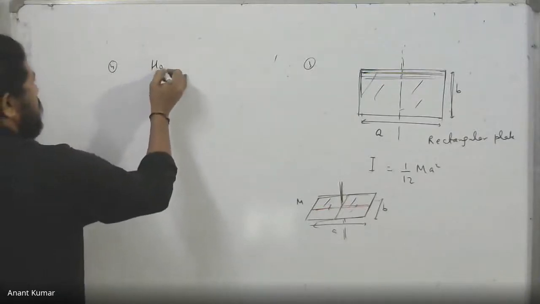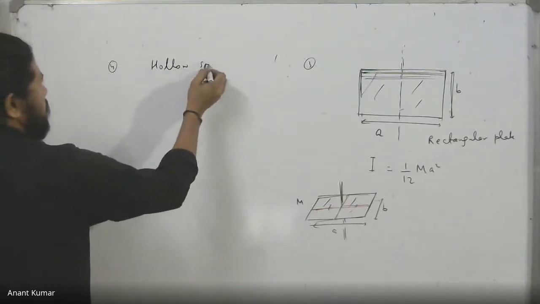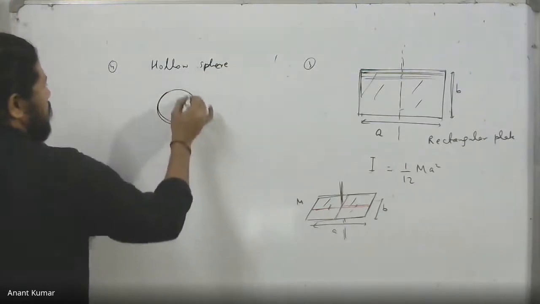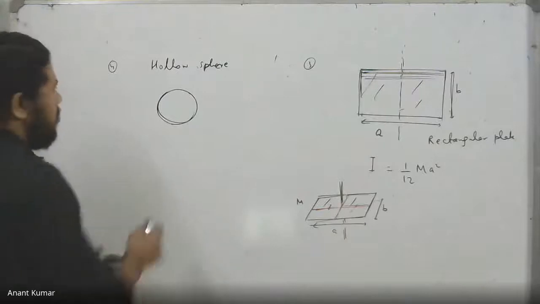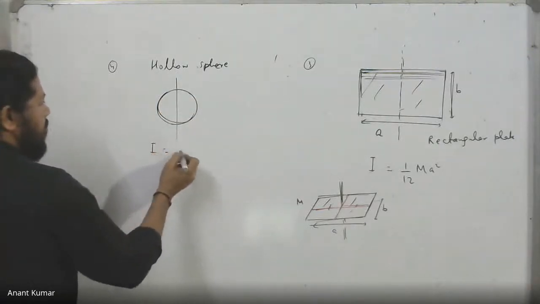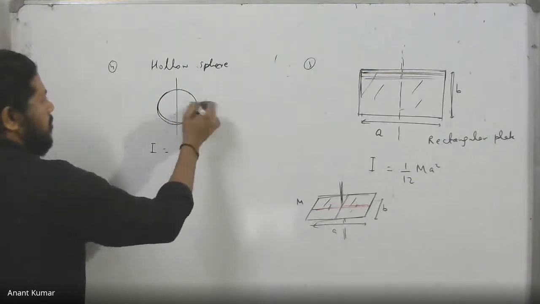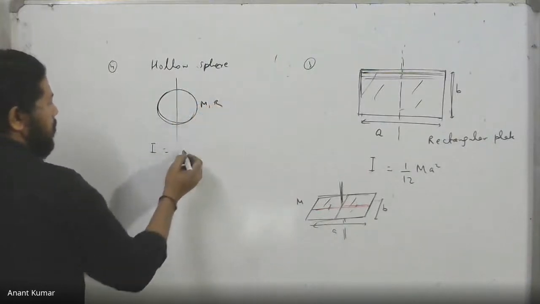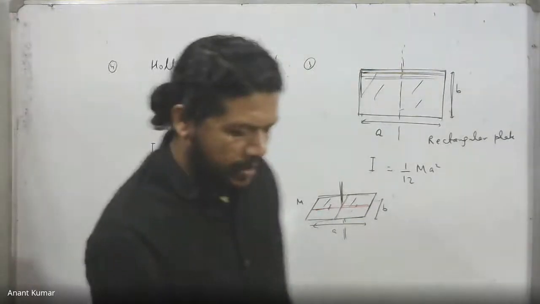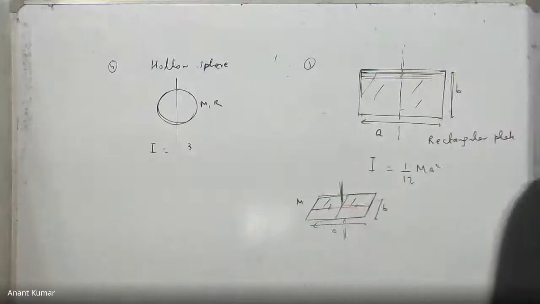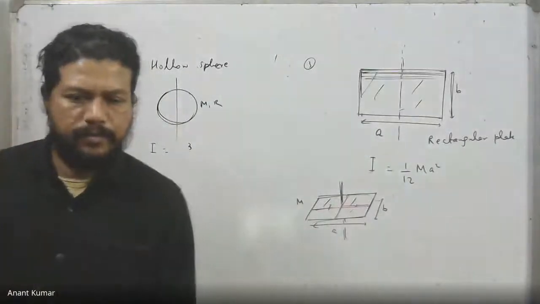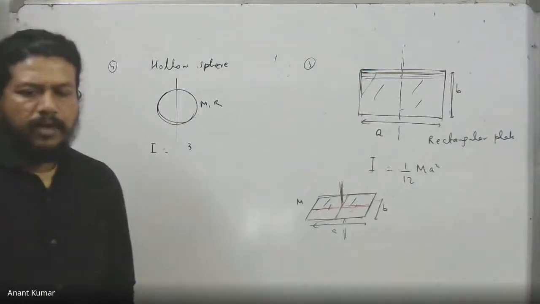Then if I consider a hollow sphere, a spherical shell, then about any of its diameters, the moment of inertia about the diameter will be nothing but, how much in this case for a hollow sphere? Anybody? Anyone? Spherical shell. What will be the moment of inertia about a diameter? Anybody have got the idea or what?